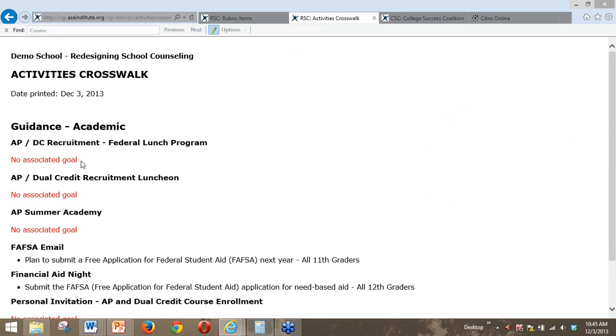So maybe one of your goals in this case was really to increase the percentage of students who are choosing to enroll in AP and dual credit courses, and you just forgot to enter that goal into your program. So if that's the case, just go back to the goals section, enter that goal, then go to the activity and associate it with that goal, and you'll be all set. So okay, that's the activities crosswalk.